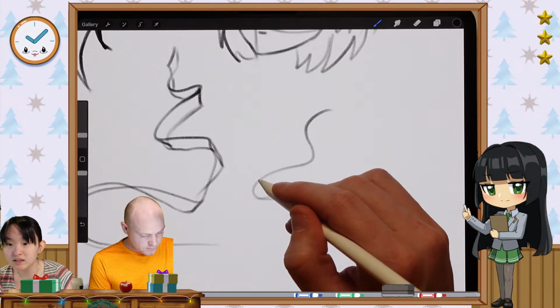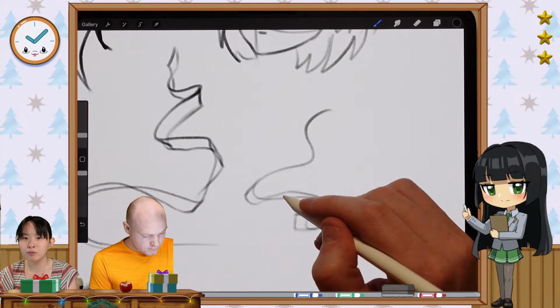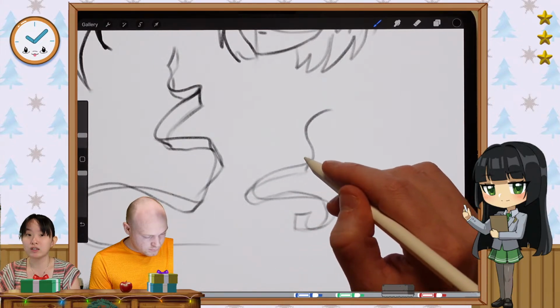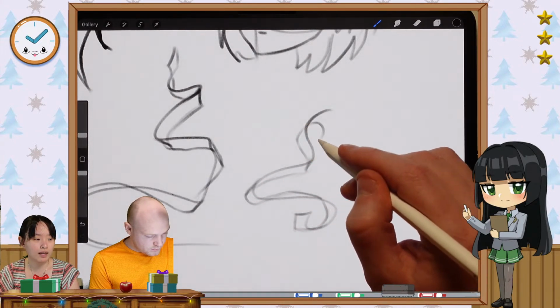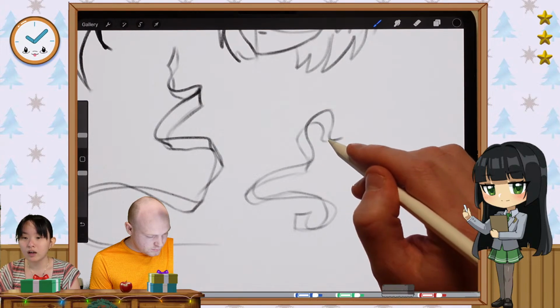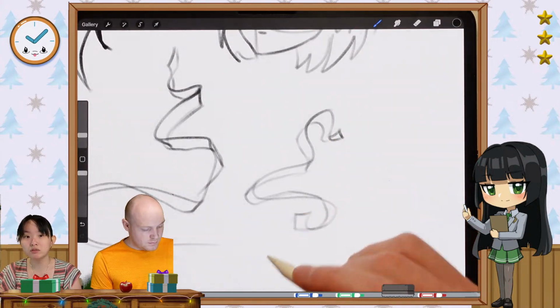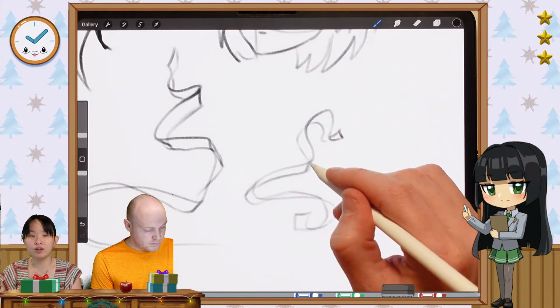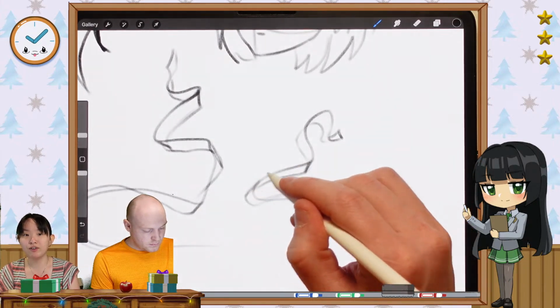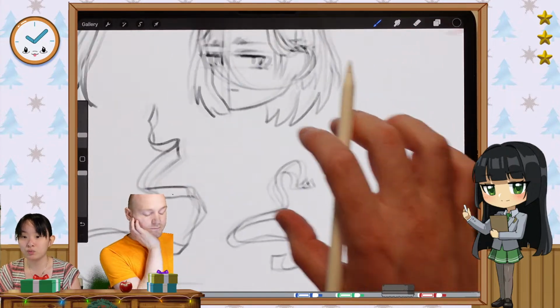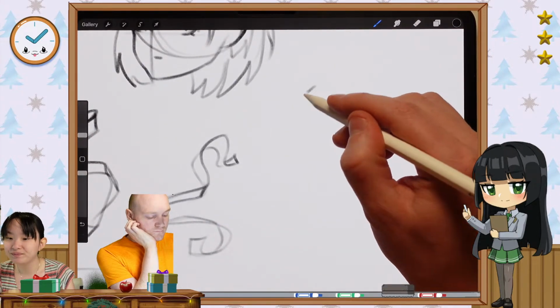When it comes to drawing faces, face proportion will depend, of course, on the person that you're drawing. I can cover a little bit of that in a bit. Actually, if you want, you can go to our YT channel, and there's a video on how to draw anime faces in 15 minutes. You can check that out. I cover proportions on there, so you can look that up as well.